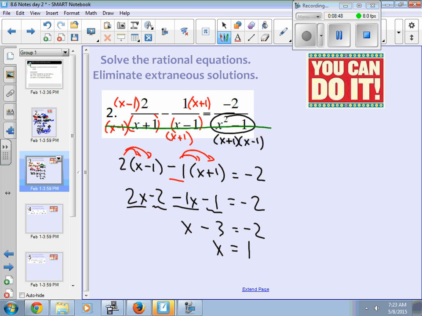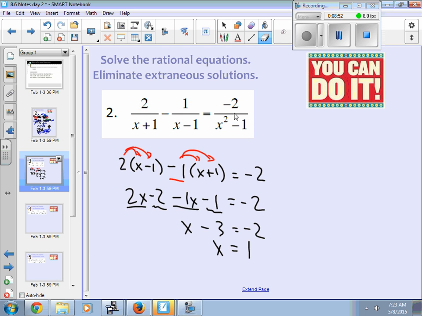Again, check your answer. So let's go back to this original problem here. Does 1 work as an answer? If we put 1 here, we're fine. 1 plus 1 is 2. That's going to be okay. If we put 1 here, uh-oh. That makes that equal 0. We can't have division by 0. This is, again, an extraneous